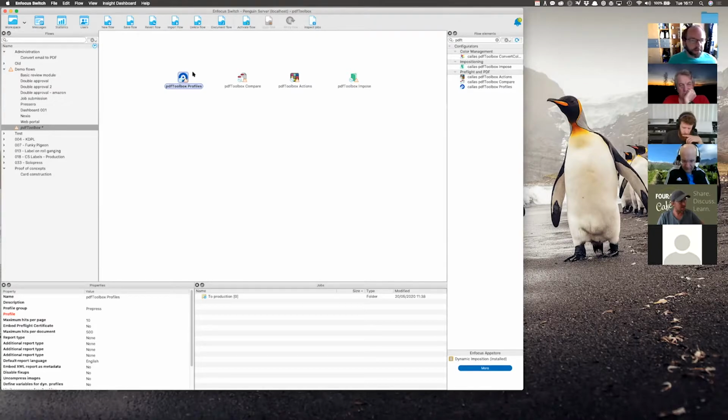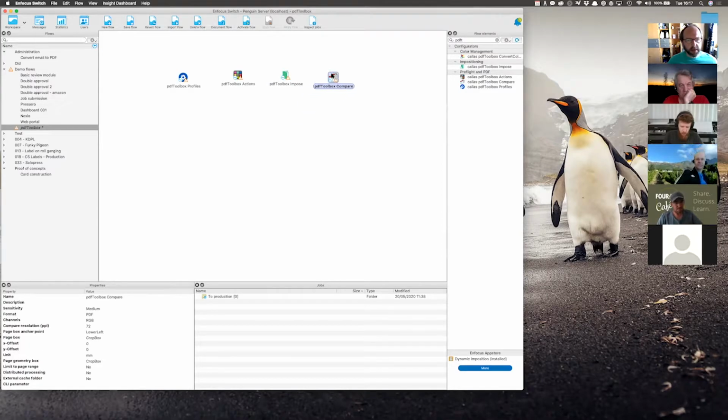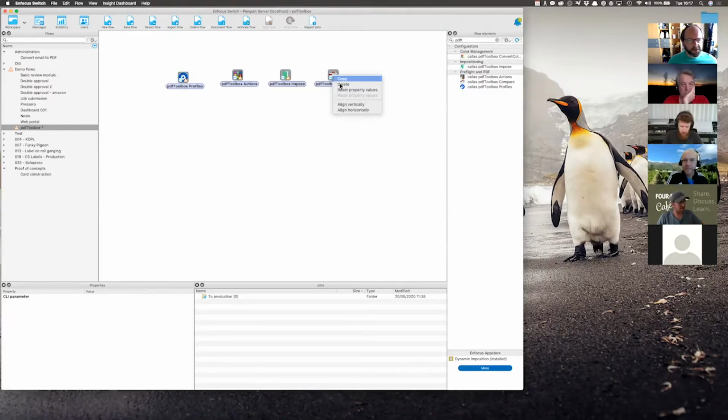Of course, what does matter is that depending on what you're using, your output might be different because process plans are a little bit more complex or can be more complex than a profile. But those you execute in this profile configurator. The second one, and I will actually put them in order of what I consider order of importance, or order in which they typically end up in workflows, is